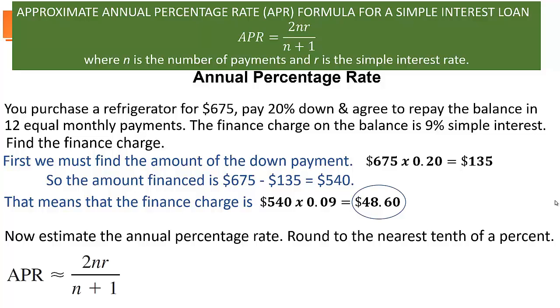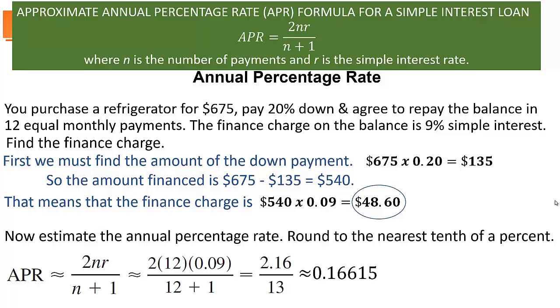Well, the number of payments was 12, and the interest rate as a decimal is 0.09. Plugging those numbers in and multiplying up top, you get 2.16. Down bottom, you get 12 plus 1 is 13, because you're doing it annually, 12 monthly payments. And if you do that division, you get about